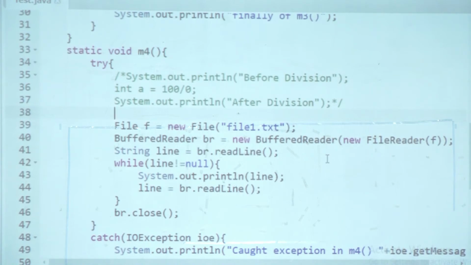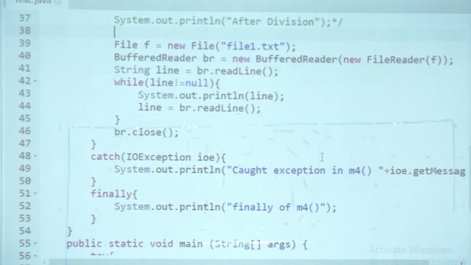If not, we are printing it out and reading the next line and we are closing the file. So some output will come. Now if you notice, the exception which is expected is FileNotFoundException, which is a derived exception of IOException. The other exception expected is also IOException, which is also a checked exception. All exceptions in this code are checked exceptions. Now you observe what will happen.